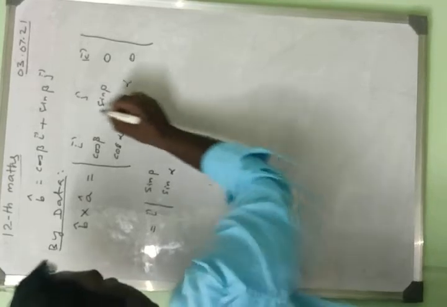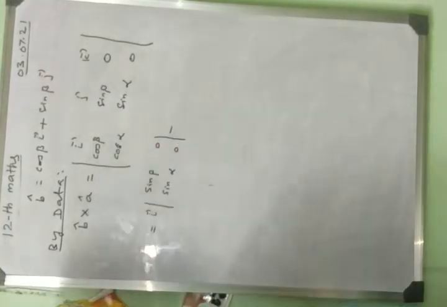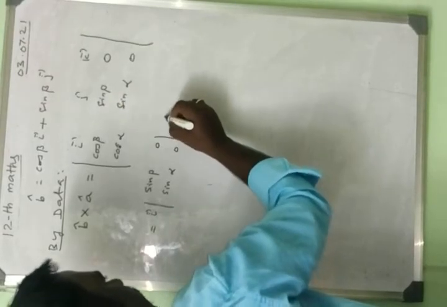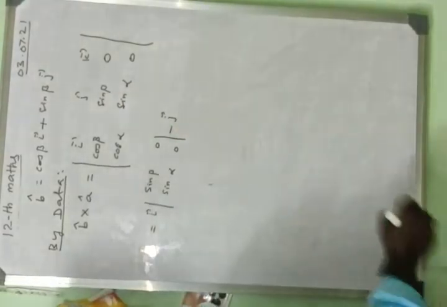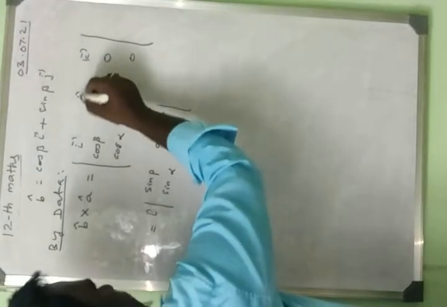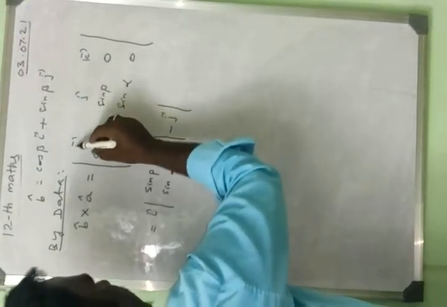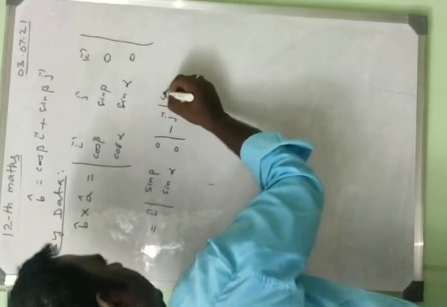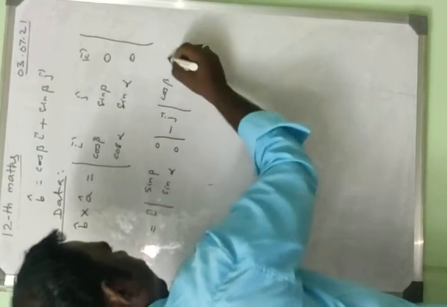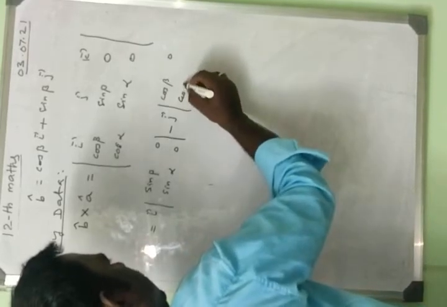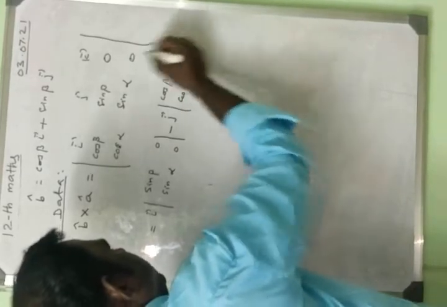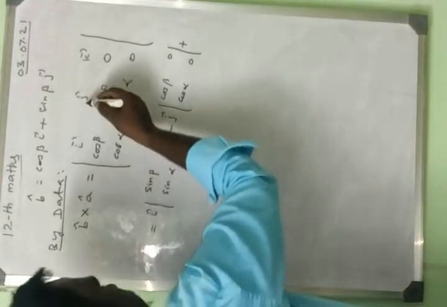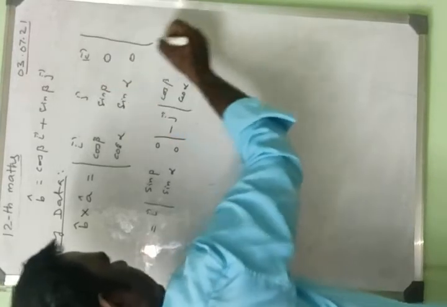Next we take this value, and we multiply by the minus sign, so minus vector j. What is the minor matrix of this term? We removed the first row and second column. So what remains is cos beta 0, cos alpha 0. Next, for this term we put a plus sign. Here we put minus, and next we take plus, so plus